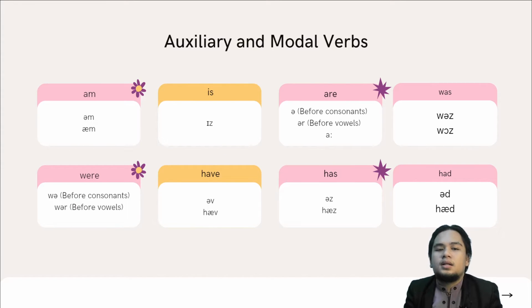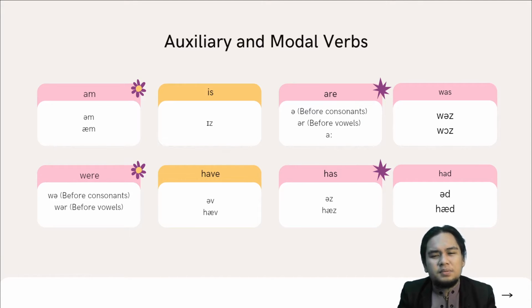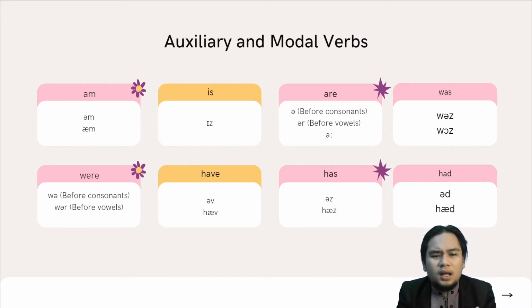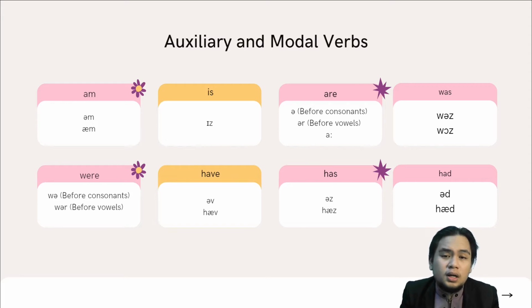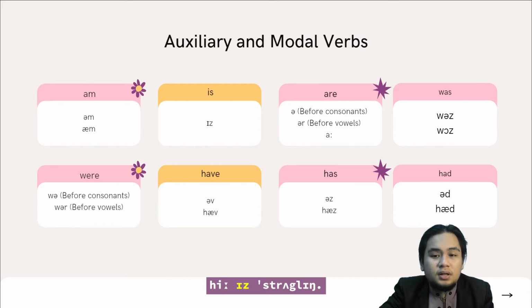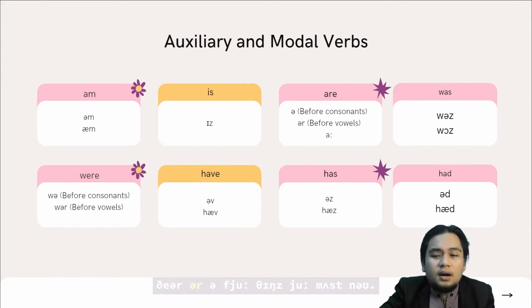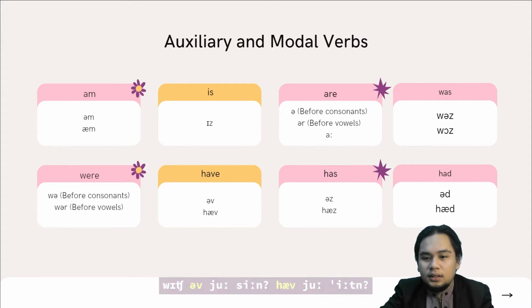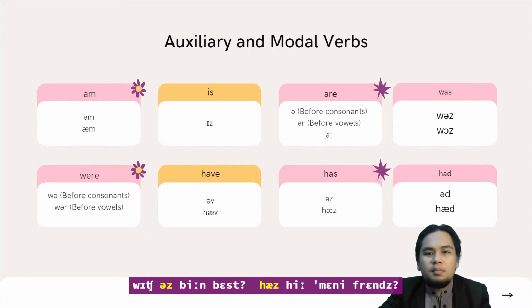Moving on, auxiliary verbs. An auxiliary verb, aka helping verb, is a verb that helps another verb express its stance, mood, or voice. A modal verb is another verb expressing modality such as obligation. For example, why am I here? He is struggling. They are sleeping. There are a few things you must know. She was here. She was astounded. They were sleeping. The questions were easy. Which have you seen? Have you eaten? Which has been best? Has he many friends? Which had fell? Had we a big house?